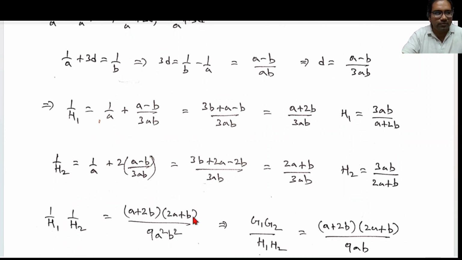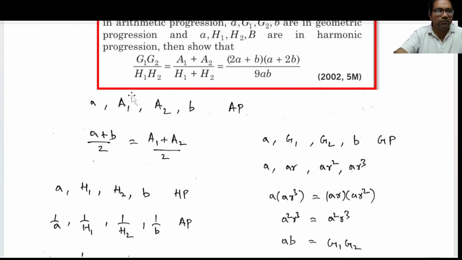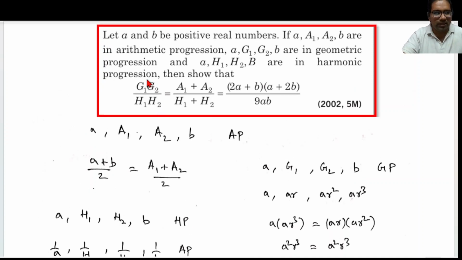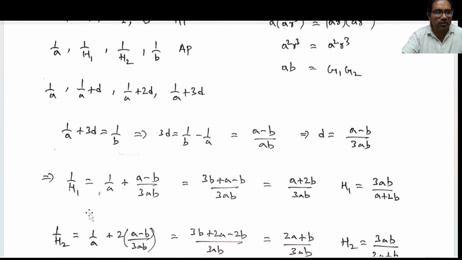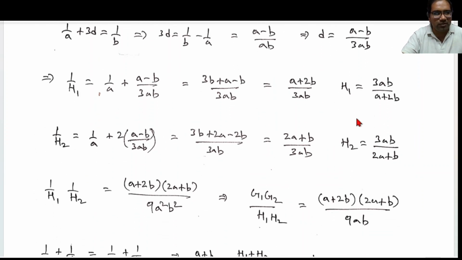Right. So 1 by H1 and 1 by H2 we want, right? 1 by H1 plus H2, and H1 H2 is also needed. Let us do both, right? If we do 1 by H1 H2, this part 1 by H1 into 1 by H2 will become (A plus 2B) into (2A plus B) by 3AB into 3AB, which is 9A square B square, right? If you see this,